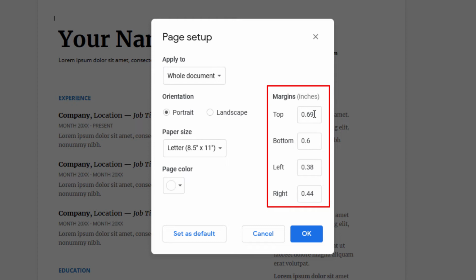And you can manually place whatever numbers you want. Like if I want the top margin to be 1/2 inch, I'll put 0.5. If I want the bottom margin to be 1/2 inch, I'll put 0.5,